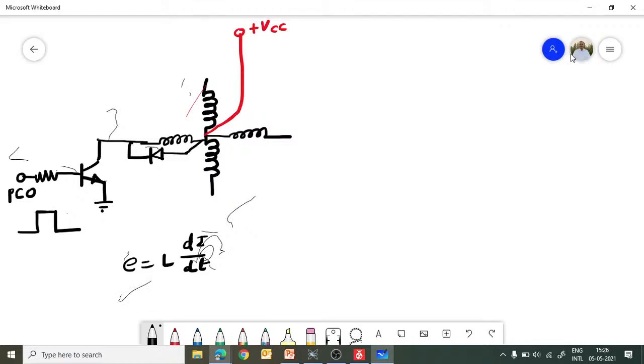Because we are stopping it immediately, dt is very small, and because of that a very large EMF is produced across the coil, which can exceed the breakdown voltage of the transistor and damage it. To protect against that, we use a protection diode, also known as a freewheeling diode. This is required in every driver circuit.